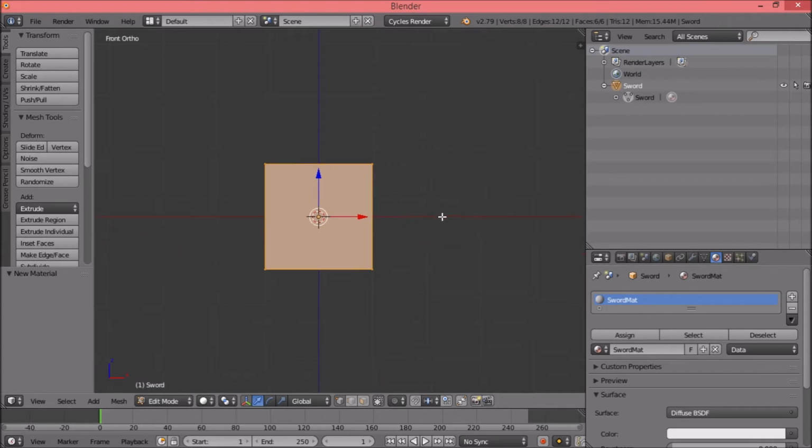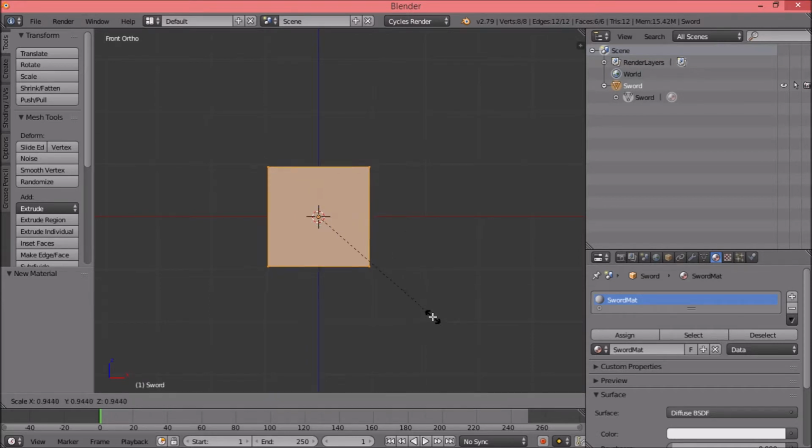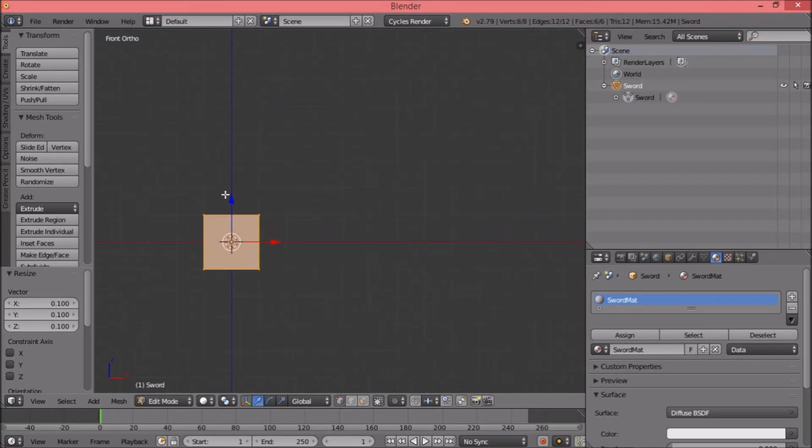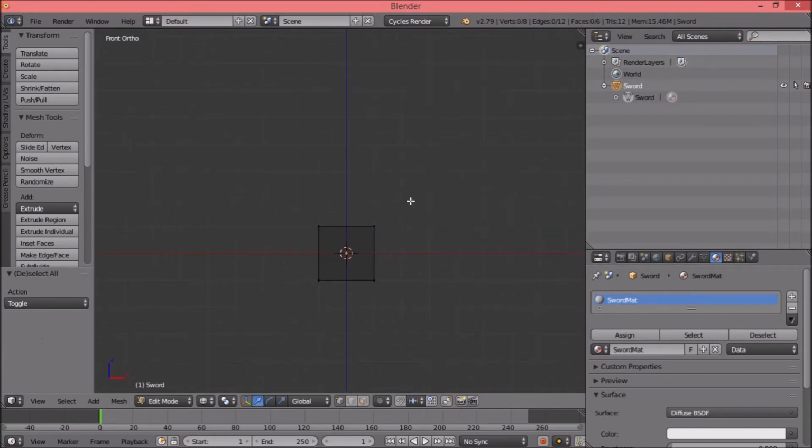So now let's get to modeling. Let's create the handle for our sword. For that we'll scale this with S, and on numpad type 0.1. This gets resized to 0.1 size, and